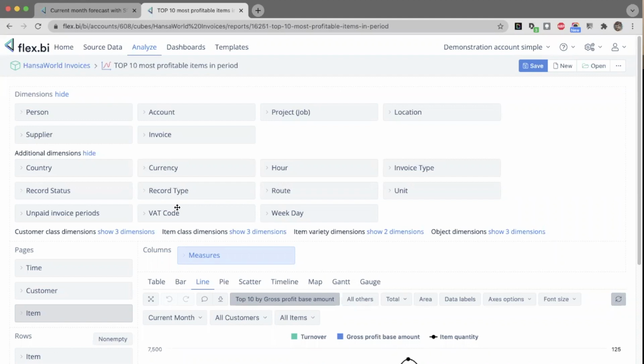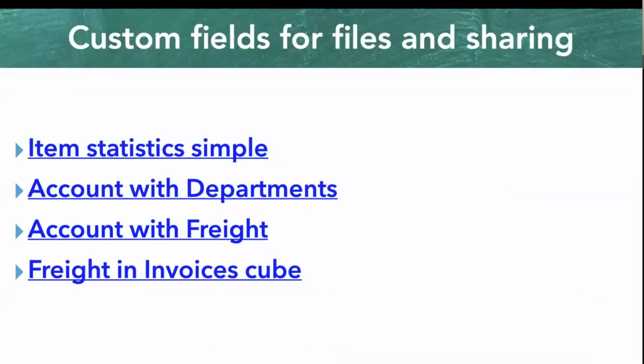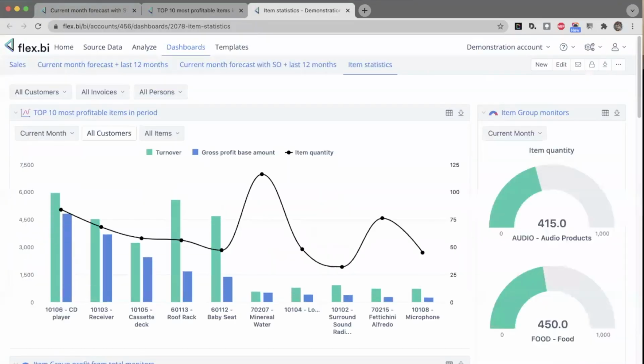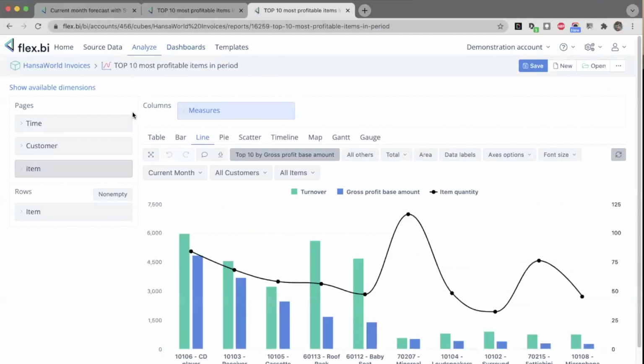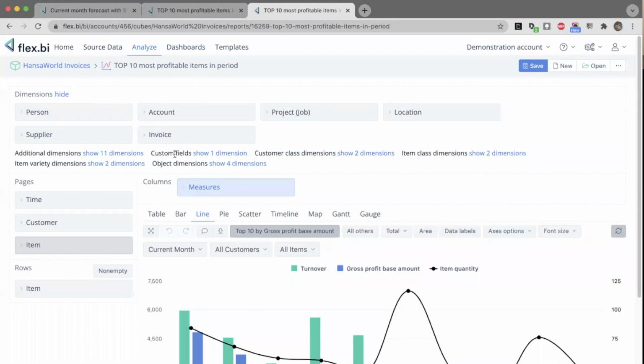This was added already a couple of versions previously. We just updated this, but how it works is that here I have another account where I have this set up, and if I go into this account, I will open up all the dimensions, and I will find this custom fields section,